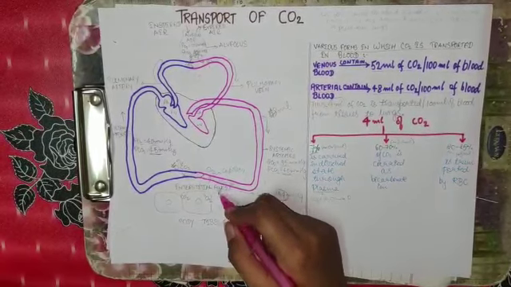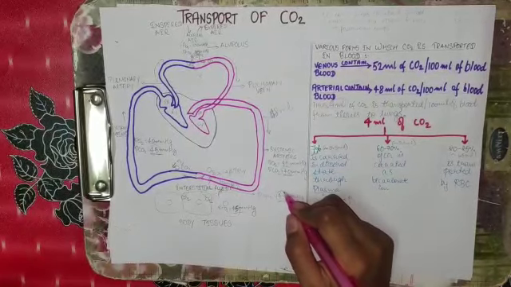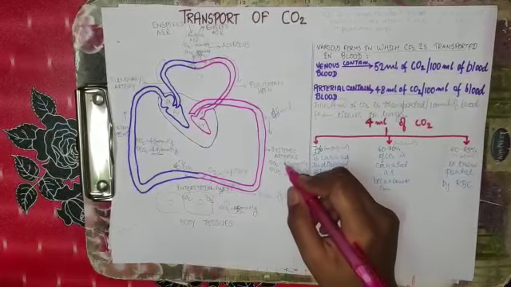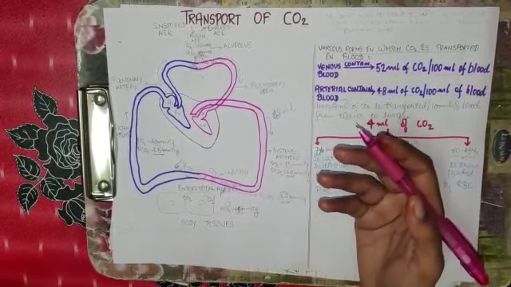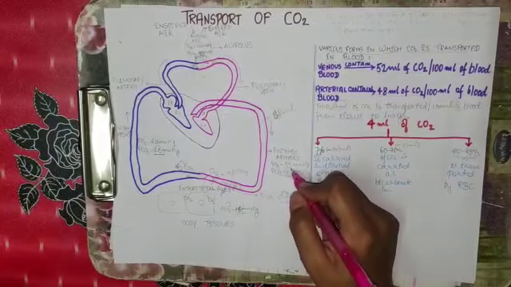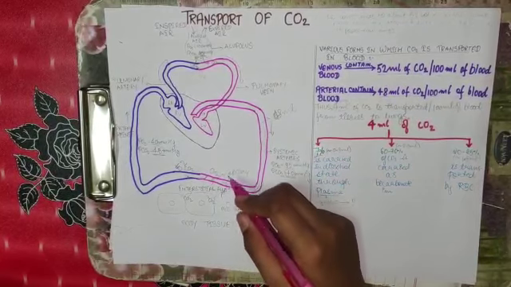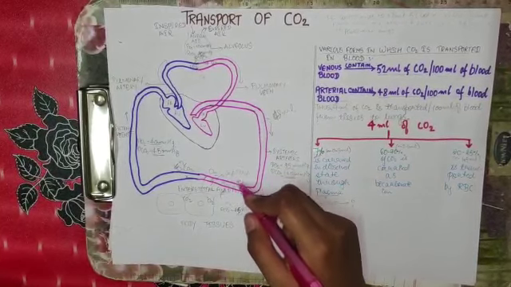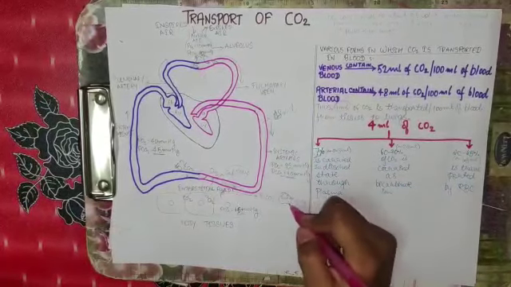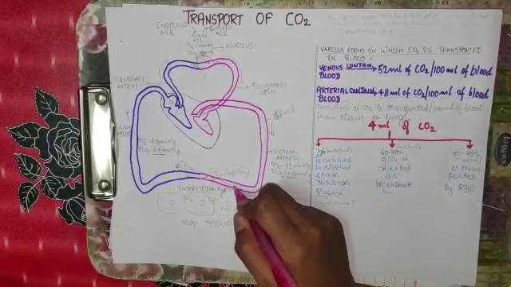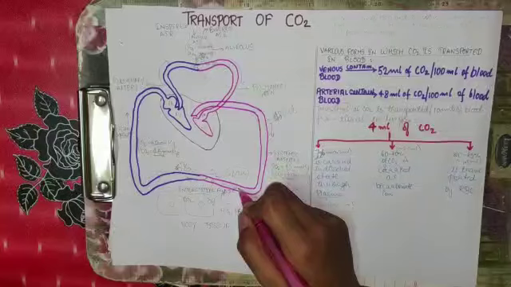cells to interstitial fluid. Now here, as I told you, the partial pressure is approx 44 mm of Hg, and from the aorta, oxygenated blood is coming, which has a partial pressure of CO2 of 40 mm of Hg. So due to this pressure gradient in the tissue, as we know, capillaries will form tissue capillaries, you can say. So due to this pressure gradient, from 44 mm Hg it will move to the 40 mm of Hg, from its high pressure to its low pressure.